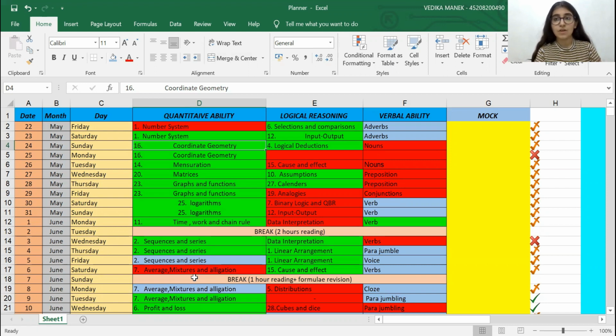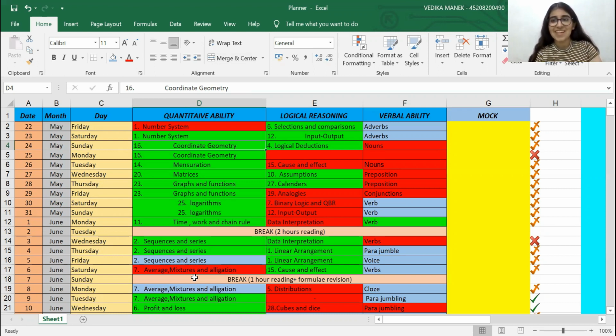Now I understand that board exams are on your head, school work, entrance exam work. I would suggest that, of course, it's very difficult to try for one topic every day. What you can do is to stretch it out. Even in days where you have your prelims or some test series, for example, that tomorrow I have an English grammar paper. I'm very, very well prepared for this. Instead of taking a break of 2 hours where you watch Netflix, maybe you can give a mock,